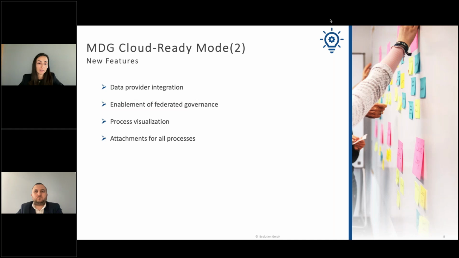Last but not least, with Cloud Ready, we are now able to use attachments in all processes: in single, mass processing, and consolidation. And with that, I would say that these are the newest features which maybe you would like to remember, and those that will come in handy through all processes.